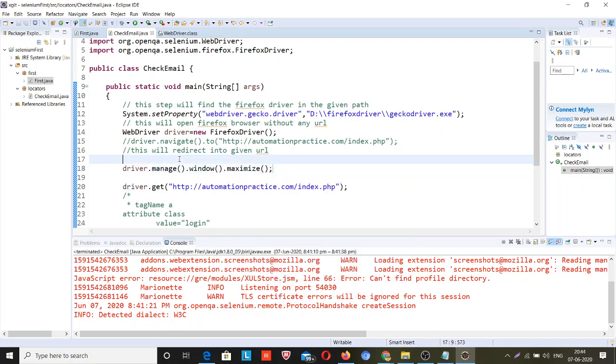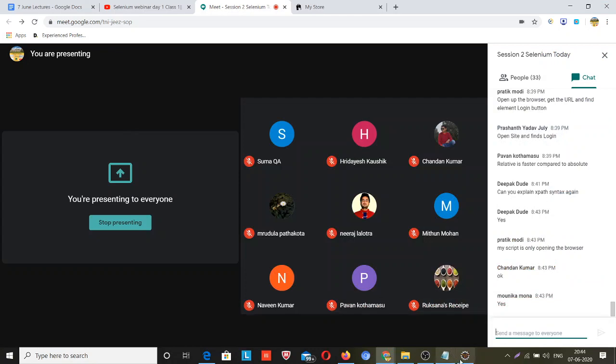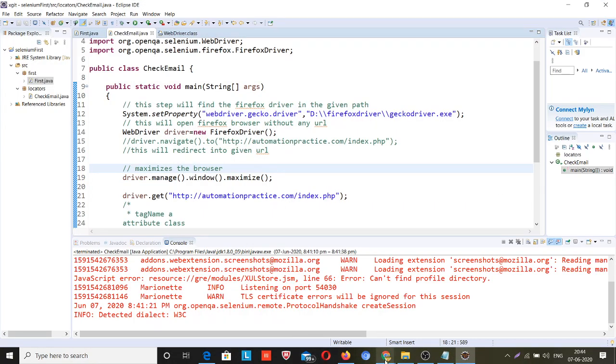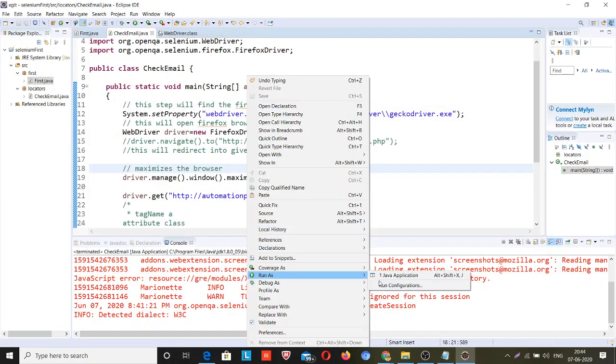So let me maximize this window. I will explain this code later on, but for now, for clear understanding, you need to follow this code. Maximize the browser window. Okay guys, now let me run it again so that you guys can know what's happening with this code.